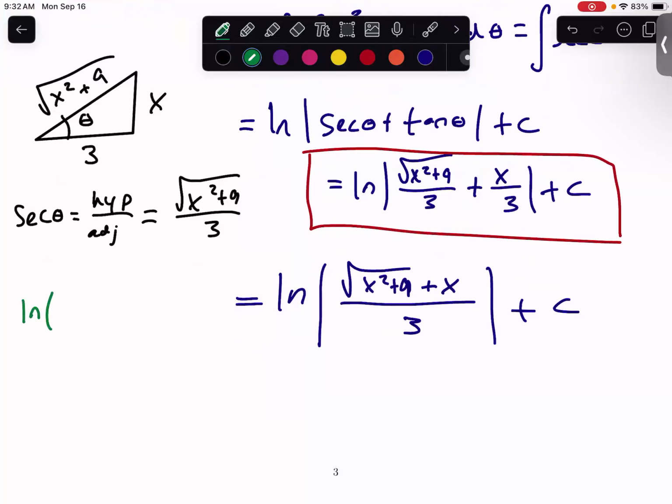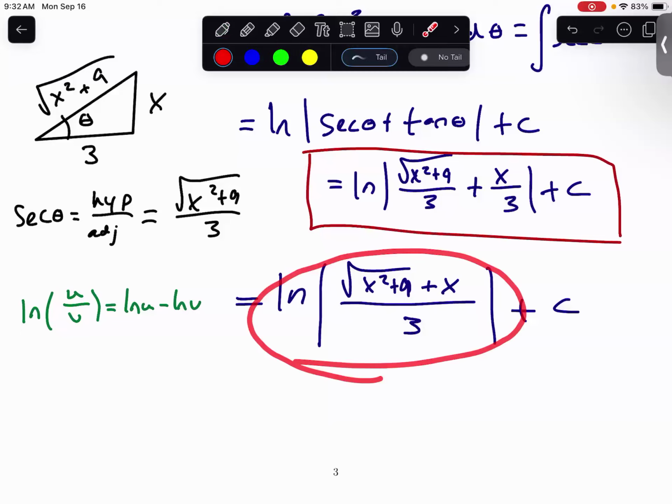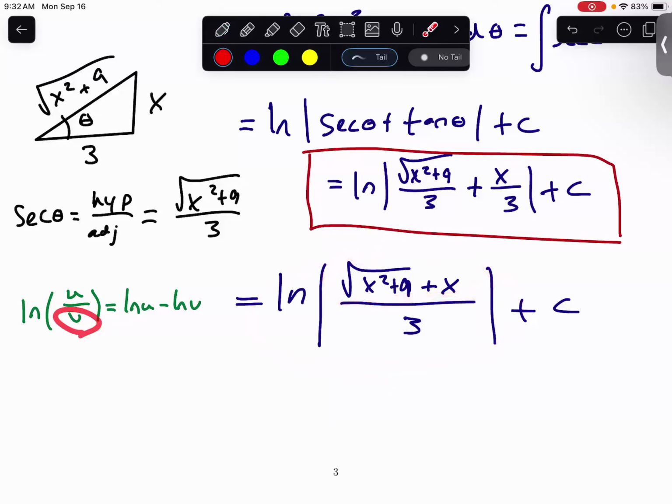If you have the natural log of a quotient of 2 numbers, this is the same thing as the natural log of u minus the natural log of v. And so this is the situation we have now, right? Where the u is the square root of x squared plus 9 plus x, and then the v is our 3. So we can split up this natural log